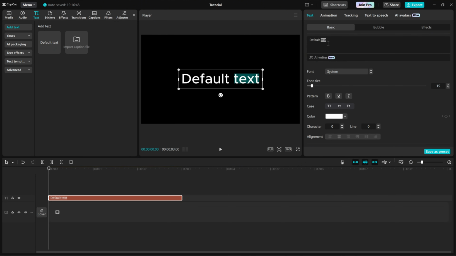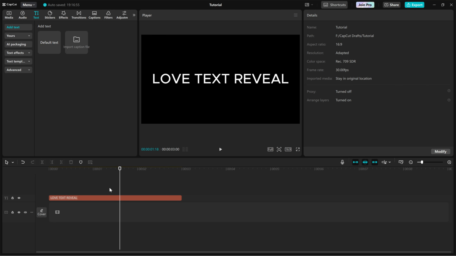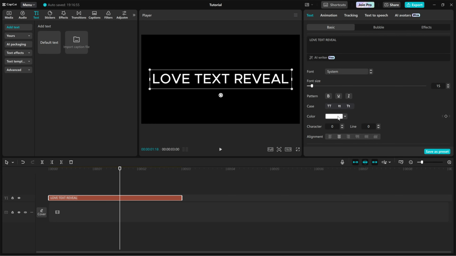Now, from the right side editing panel, customize the text style to match your project. You can choose a beautiful font, adjust the size, and pick a soft color like pink or red to enhance